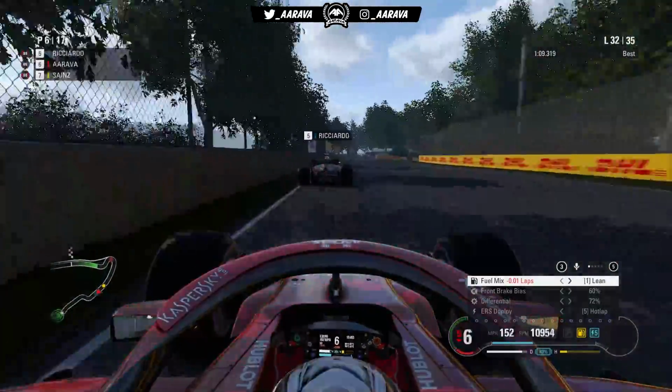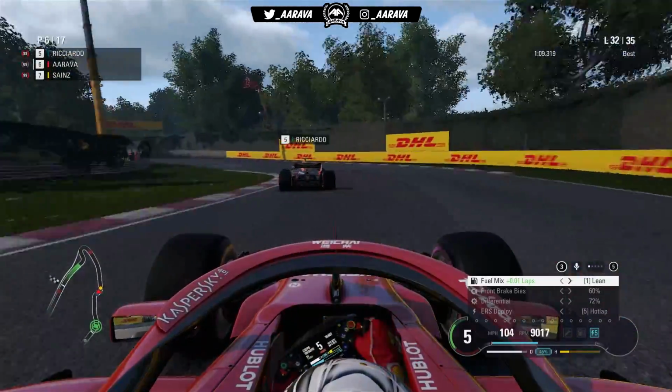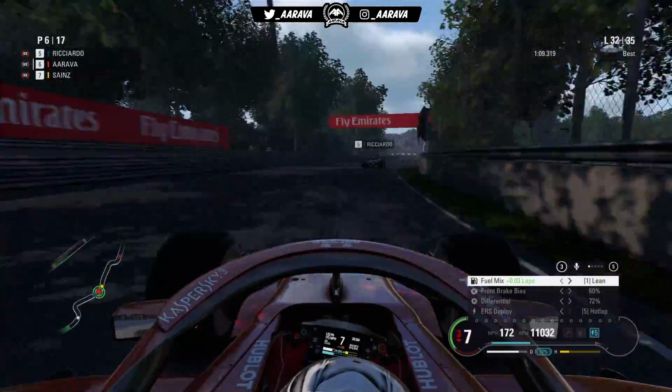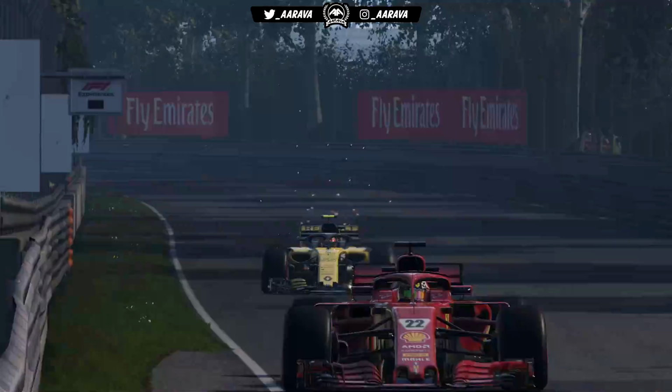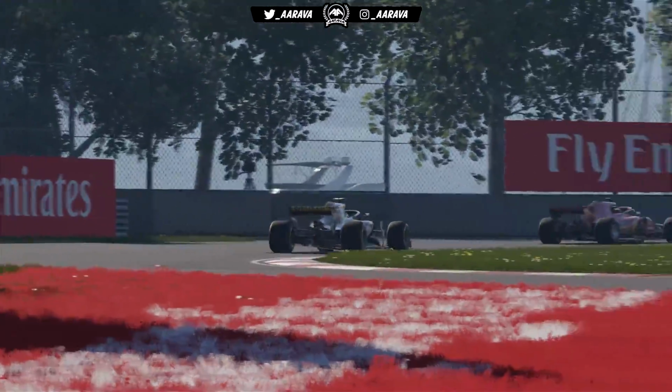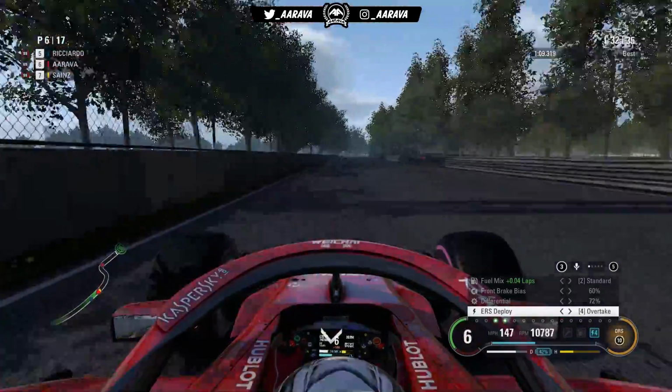There's only one detection point and two activation spots, so Ricciardo keeps DRS and he's able to defend from me in turns 1 and 2, and so I'm back down to P6 then, and right behind me is Carlos Sainz, and with 3 laps to go in this race, I don't have too much ERS left to deploy, although I'm still in hot lap mode, and I don't have enough fuel to burn at the moment. I'm in lean mixture. We're going to go back up into standard and also bump it up into overtake mode